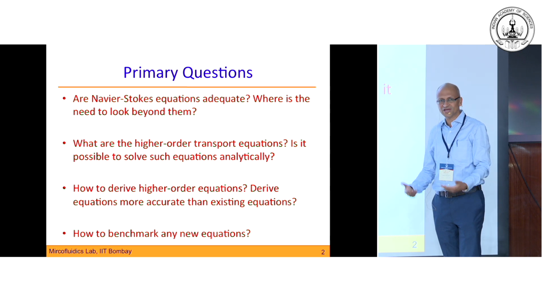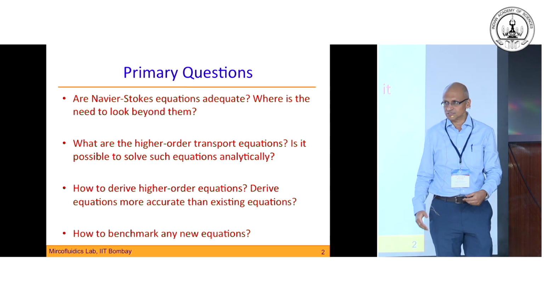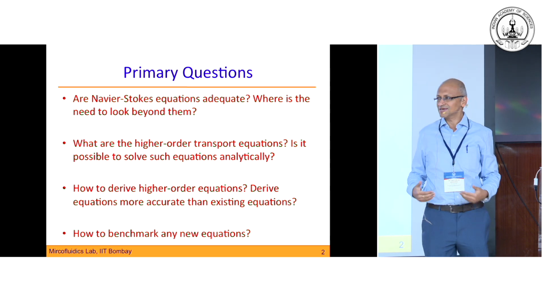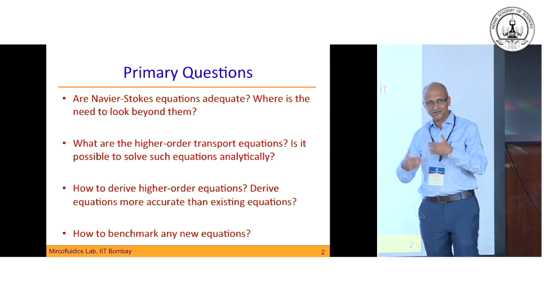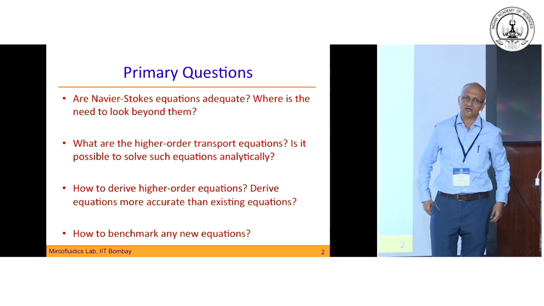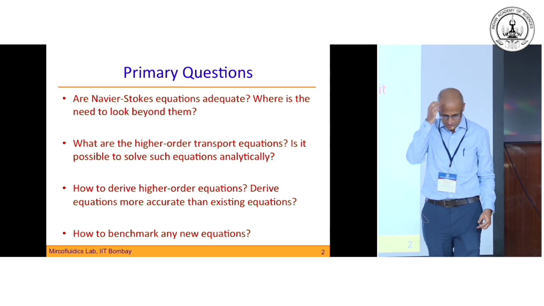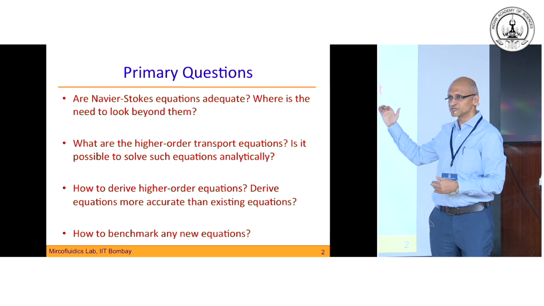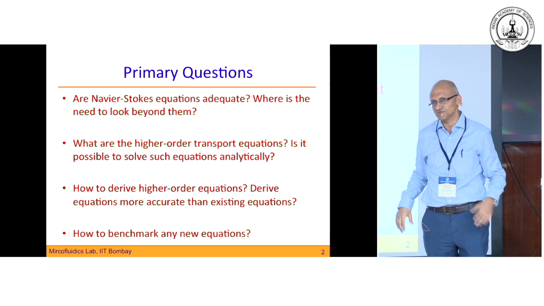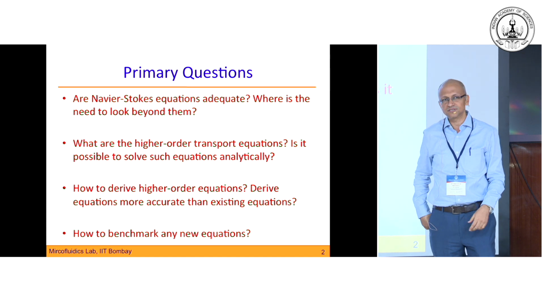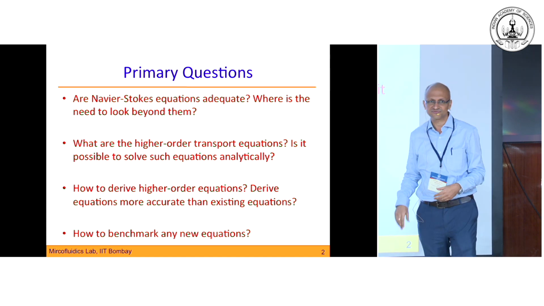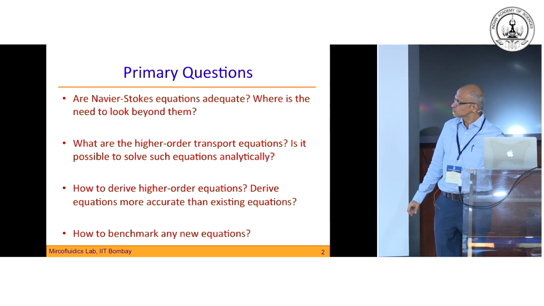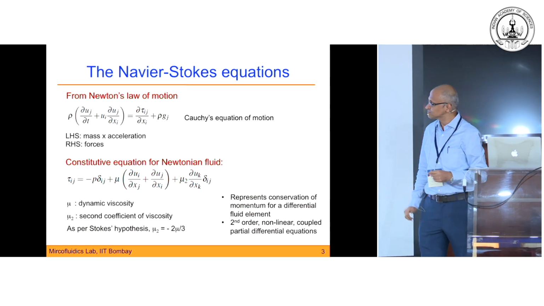And finally, once we have these equations, how do we know that these are correct? So how do we benchmark them, or what are those benchmark cases and so on? So there are quite a few points that I would like to get over. But the basic central thing that I'm trying to emphasize here is that these so-called Navier-Stokes equations, celebrated equations that we have had for the last 100 plus years, are not the final word as far as transport goes. And there are fundamental issues. It's not just that tweaking these terms somewhere or the other.